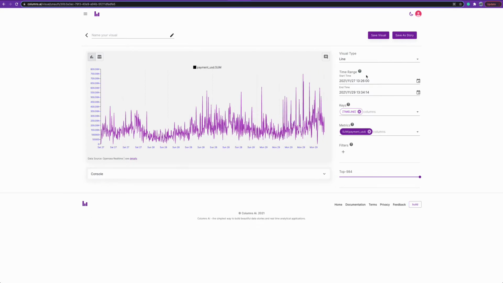As you can see, you can very easily select the timeline key here, put your metrics over there, and draw multiple lines. A single metric maps into one line here. This tells you the total payments that happened in the last 2 days, basically 48 hours. I believe that's the maximum retention we set on the